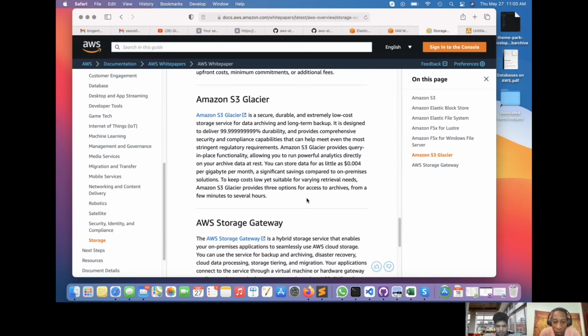So what do they mean by options for access to archive from a few minutes to several hours? With Amazon S3 Glacier, you have an option to do an expedited retrieval. This means within a few seconds, because this data has been stored for a long time. That's why Amazon S3 Glacier is meant for data archiving, for long-term backup. Data you store for a long time, like, let me give you a real example,